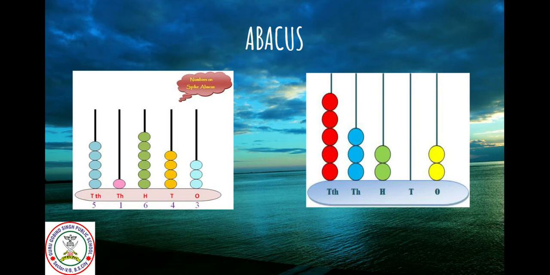Now we are seeing abacus. Abacus is a manual device or an ancient tool that was used to count numbers. This itself doesn't calculate, but it is a counting device. Here is a colorful representation of abacus denoting the places. Here the beads represent the numbers 51,643 and 53,202 are represented by numbers of beads in respective sticks.